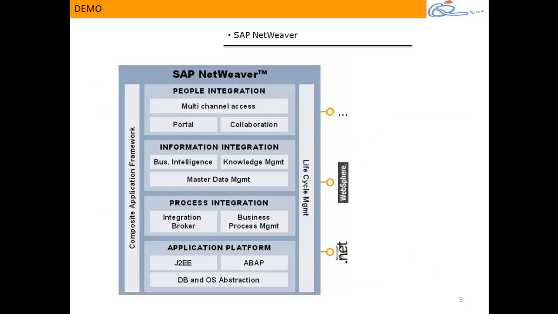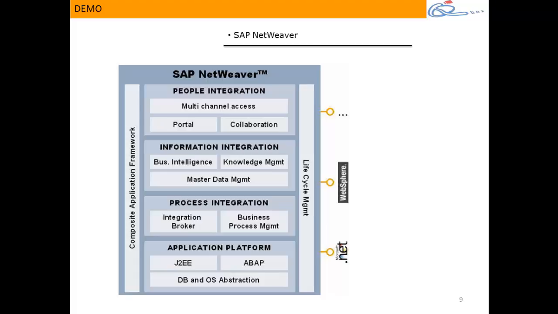And I said BW is part of NetWeaver. Now let's understand what SAP NetWeaver is. Basically, SAP NetWeaver is a suite of different products which have been organized in the form of layers. We have the application platform layer, the process integration layer, the information integration layer, and the people integration layer. At the application platform layer, we can have applications deployed on top of the Java J2EE engine or a web engine. In process integration, we can have applications built with SAP XI or SAP PI, which we call SAP Process Integrator, which can integrate